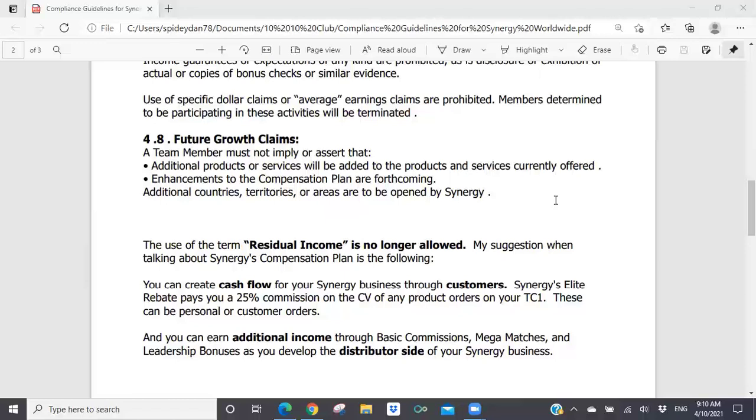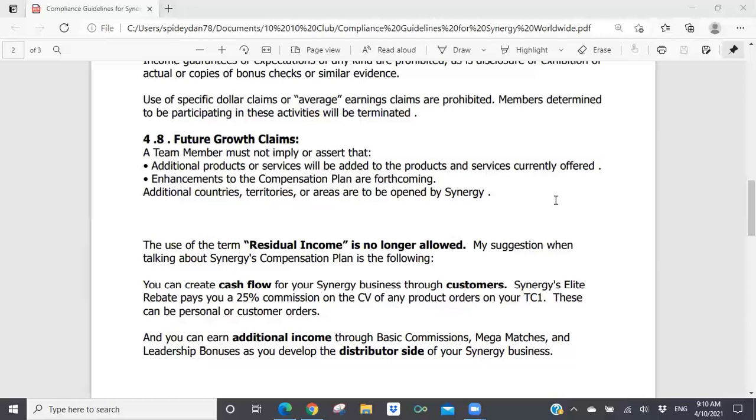But once I went through this process and saw that it was also in my other videos, I just decided, because there were 320 videos that I had to go through and edit, to edit them all. Where removing residual income wouldn't make sense in the paragraph, all I did was change residual to additional. And so here's my suggestion to you when you're talking about the Synergy compensation plan,